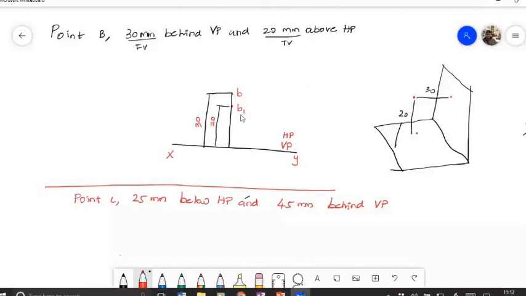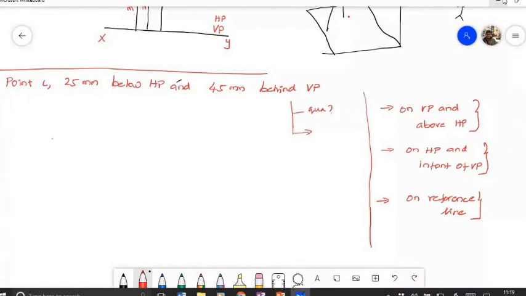I'll do one, you do one thing. Draw this on a sheet of paper, take a photo of that and send it in our chat. I'll see and understand whether you understood the concept or not. Draw that and send it in Microsoft Teams. The second one is which distance will be visible in the front view. Always there will be two distances: which distance will be in the front view and which in the top view. Always you need to remember one thing.